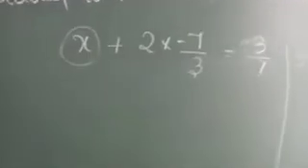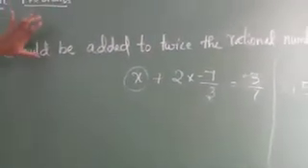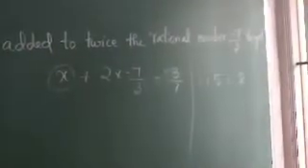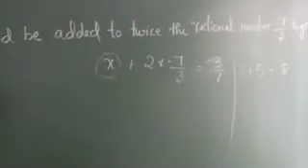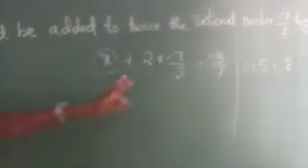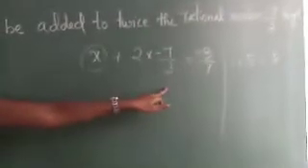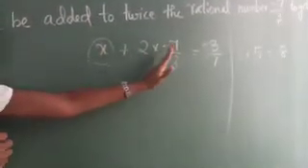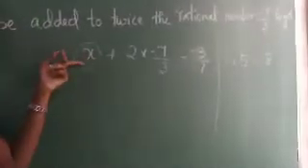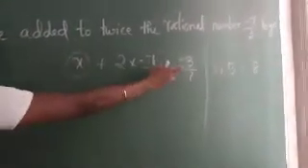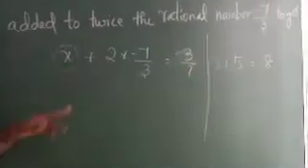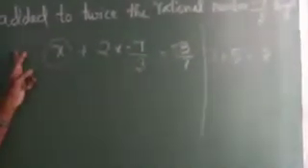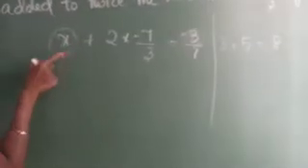So see here, what should be added to twice the rational number minus 7 by 3? So minus 7 by 3 is a rational number. When we say twice of it, how will you denote? 2 into minus 7 by 3. So what should be added to twice of minus 7 by 3 to get 3 by 7? We don't know which part is going to be added, but my final answer is what they have given, 3 by 7. So now we get a linear expression. By using this linear expression you have to find that number. We have to solve this and find the number.